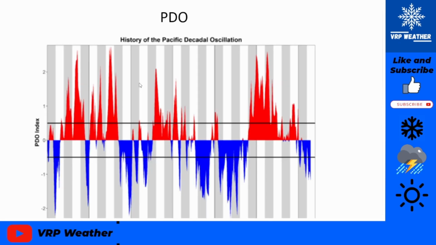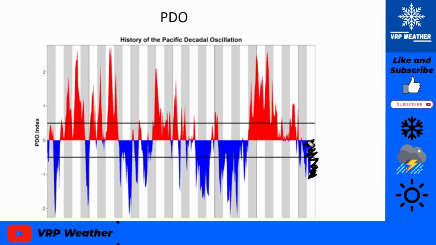The Pacific Decadal Oscillation, or the PDO, is currently, sorry, it's a little blurry, but blue is negative, red is positive. We are right now in the negative. And what that means is, again, less favorable for snow and cold in the eastern two-thirds. Negative PDO is a warm pool of water off the coast of Japan, and so that's causing our patterns for what we're expecting this winter to be less favorable for snow, solely based off the PDO.